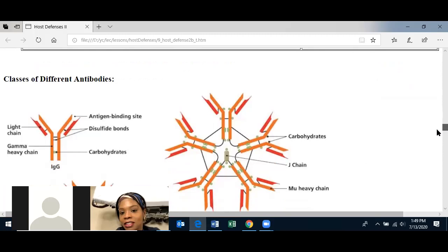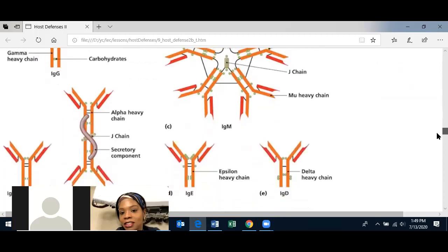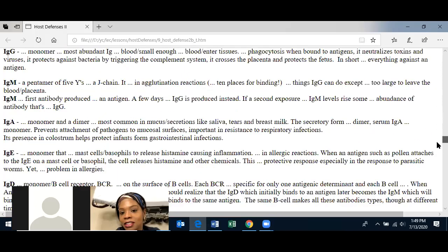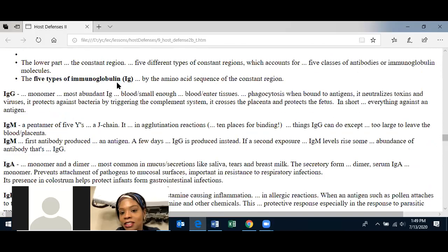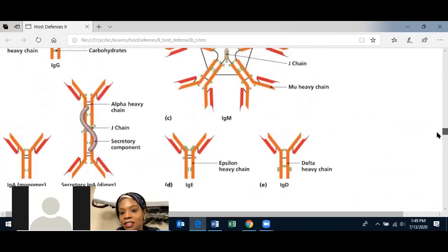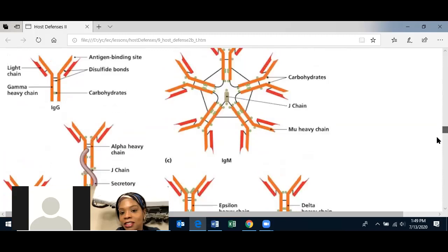Alright, so let's move on to the different classes of antibodies. There are 1, 2, 3, 4, 5. That's right, 5 classes. There it is, I didn't see that. 5 classes of antibodies, and they have slightly different shapes. The class of antibody means that if you have an IgG antibody circulating in your blood, even though the different IgG antibodies bind to different epitopes here, they will all have the same